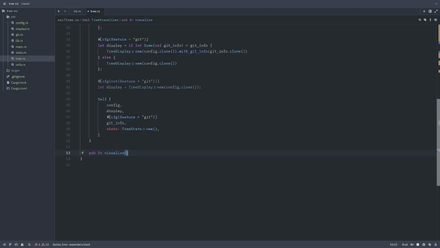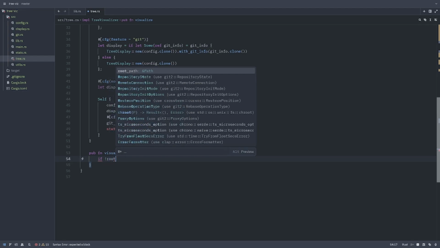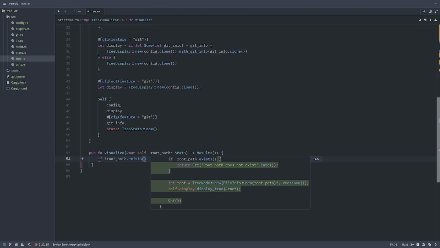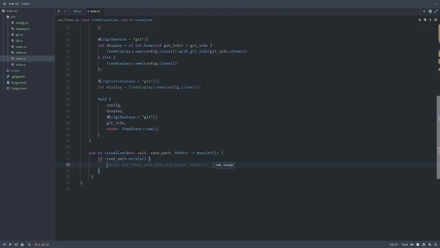Visualize and mute self root part will be end of part. Here will be a return, there will be nothing, and if root part exists, if does not exist root part, then return